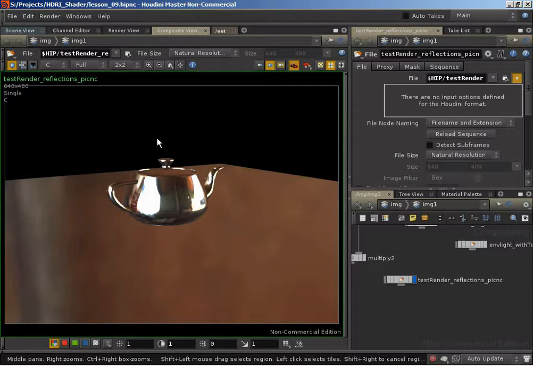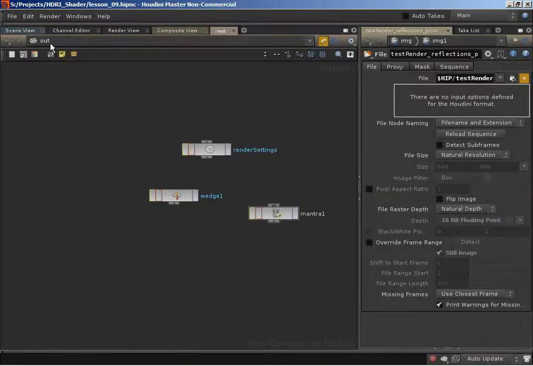Okay, so in the last video we got the basis for our reflection pass in place, but we don't yet have the ability to specify the blurriness of our reflections. That's what we're going to tackle in this video, and it's actually going to be really simple. If we take a look at our shader,